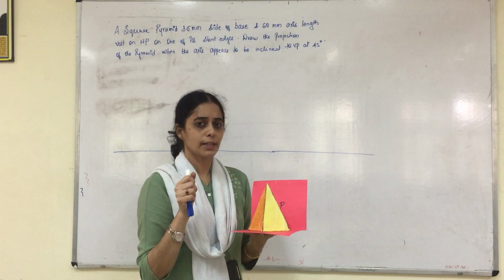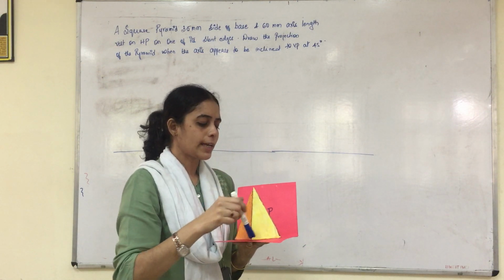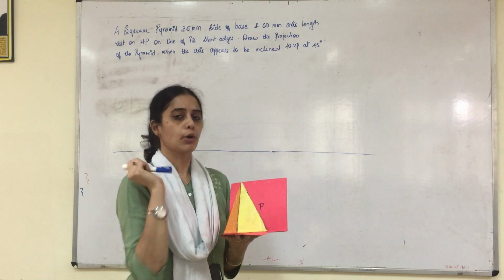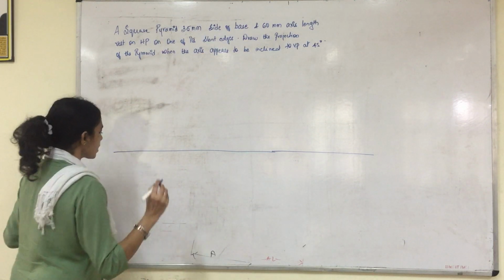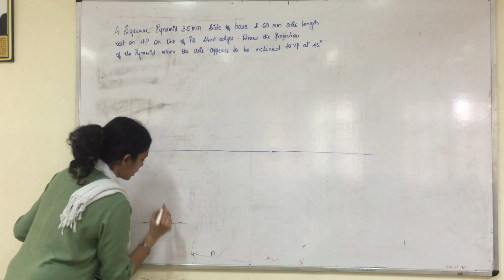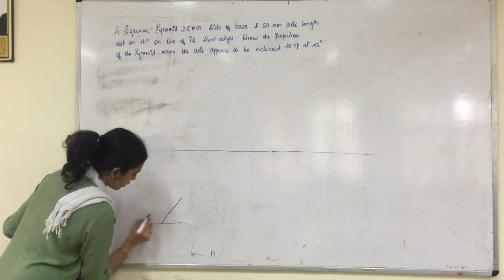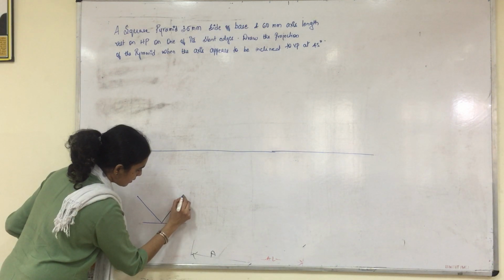So after understanding the concept, the top view, when you view from the top, looks like an inclined square or a rhombus. So we will just construct an inclined square. You know how to construct an inclined square. Just draw a straight line. From here, please take 45 degrees and 45 degrees.